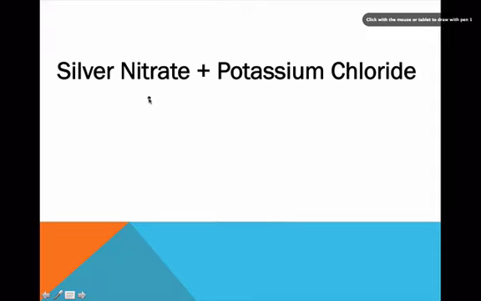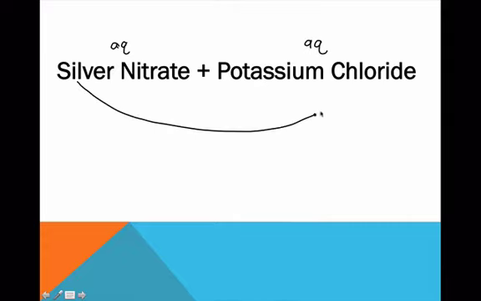All right, the next one we have is silver nitrate and potassium chloride. If you can remember, all nitrates are always aqueous, and that kind of speeds the process up. Also, all potassium things are also aqueous. So for sure, both of those reactants are aqueous. My 2 products are going to be silver chloride,